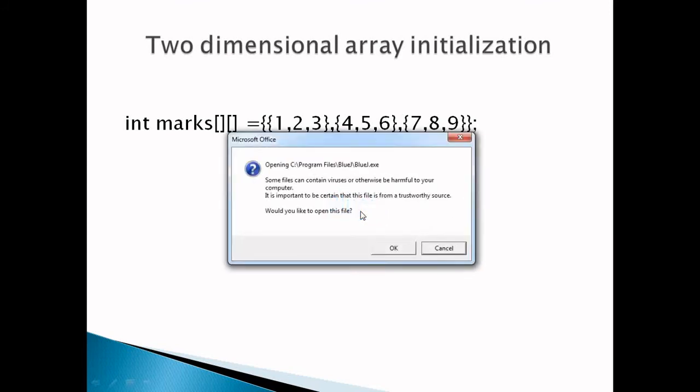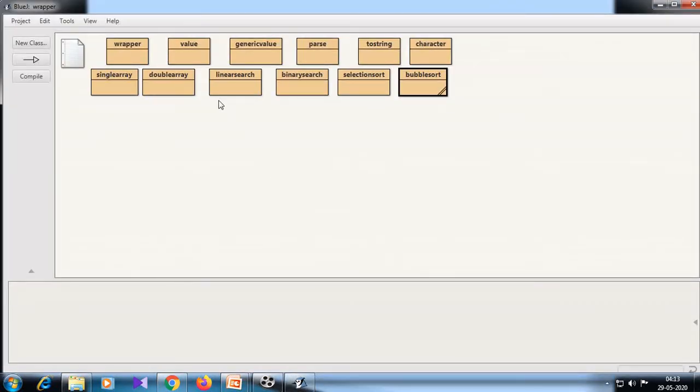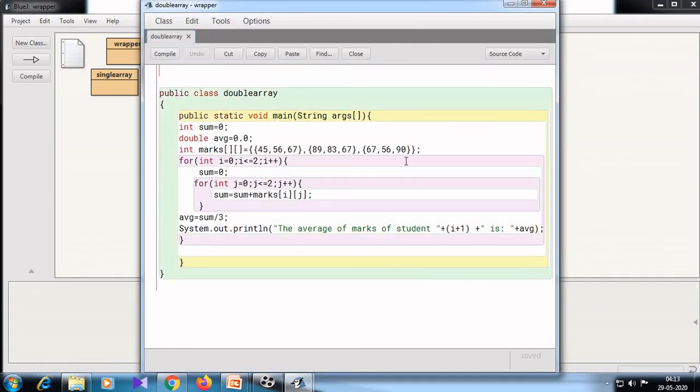Let's go to the BlueJ dashboard. Here I have already designed a program for a two-dimensional array. I have declared a two-dimensional array marks which contains three students and three subject marks.